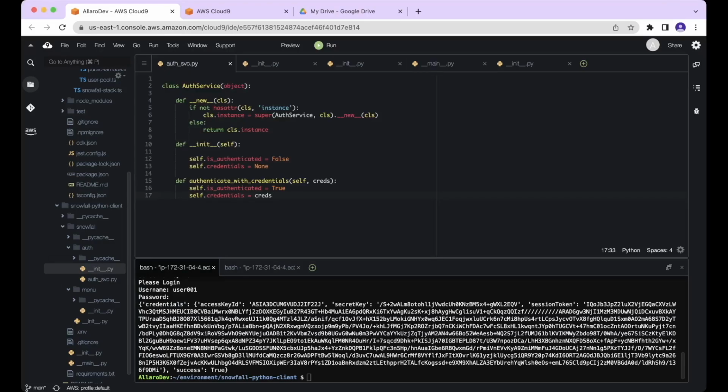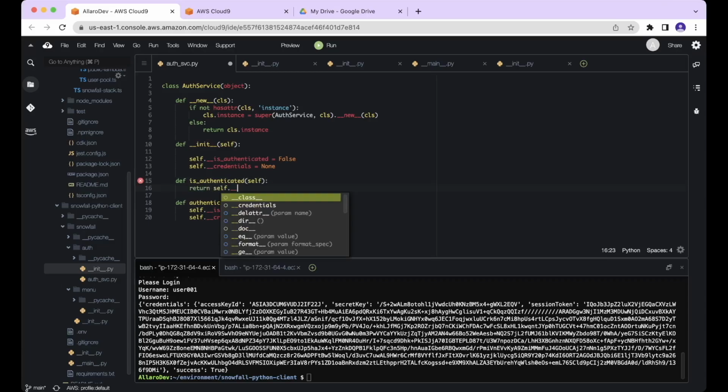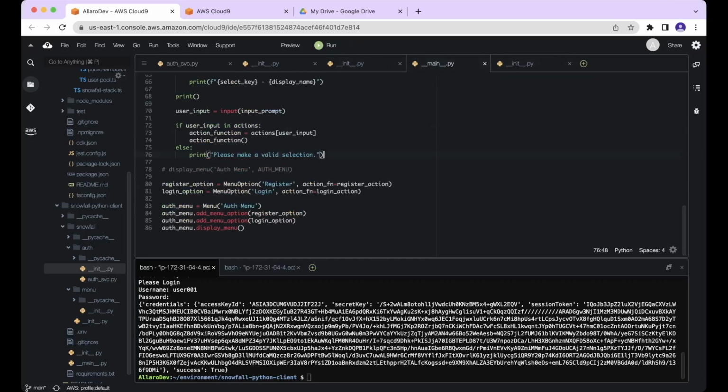A few things to change about this class. I'm going to hide all of these properties so that I can give it methods with these names. So a method I want to create now is authenticated, and that will return a Boolean. Now we're going to add something here. While the auth service's isAuthenticated